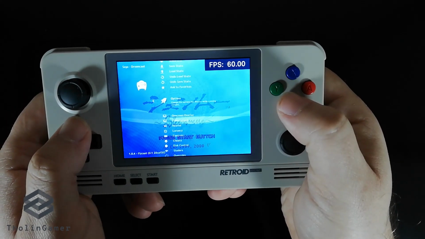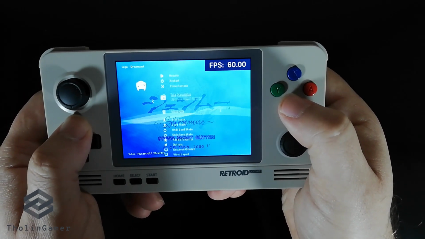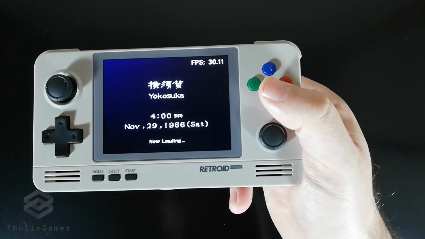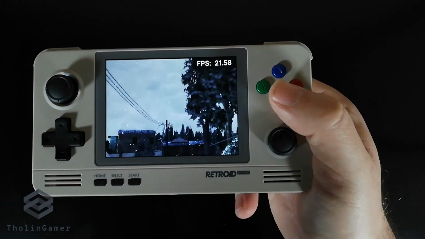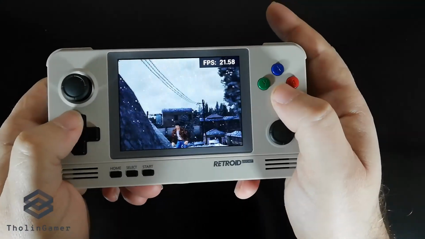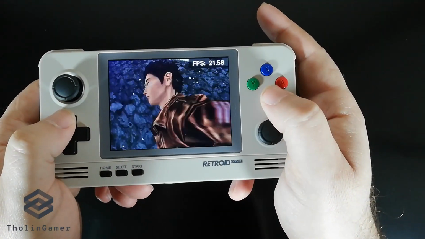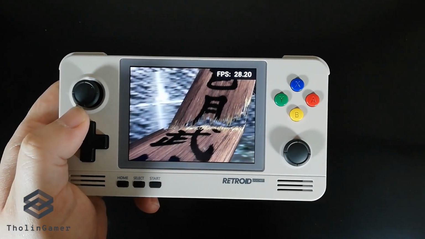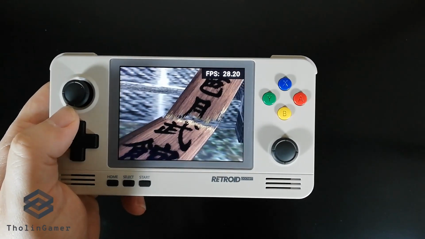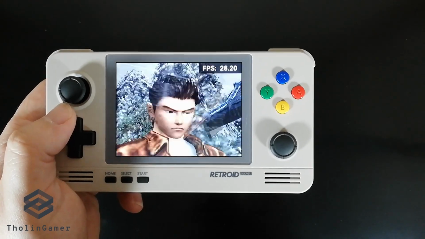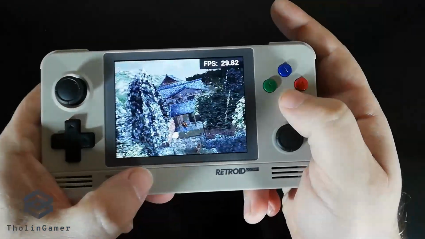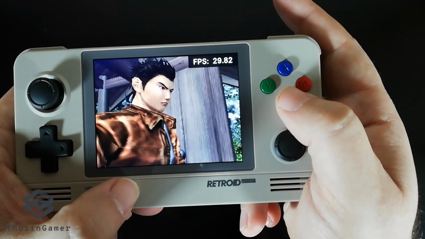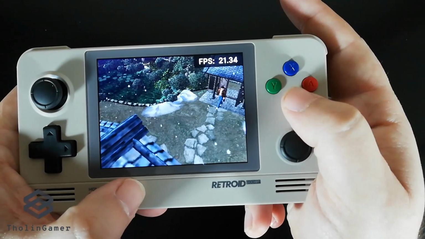So I'm going to change a couple of alpha sorting settings in order for it to perform better, and then reset it, and we will jump right to the introduction of the game, the actual cinematic. As you will see here, it has a lot of effects. It is a 3D game, a demanding one that will push Retroid Pocket 2 emulation to its limits. However, as you can see, it performs well. There is no flickering, there is no issue on the introduction.